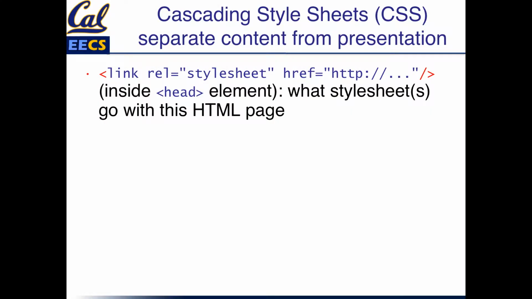So the way we use cascading style sheets is we'll put an identifying link element at the top of our page. In fact, it goes inside the head element, one of the children of head, that says this is a style sheet and this is the URI that you can download the style sheet from. So the style sheet is just a URI accessible web resource like anything else. And among the most commonly used HTML attributes when we're talking about CSS are ID and class, because they give us a very compact way to quickly identify an element or a group of elements to which we want to apply a common set of visual styles.